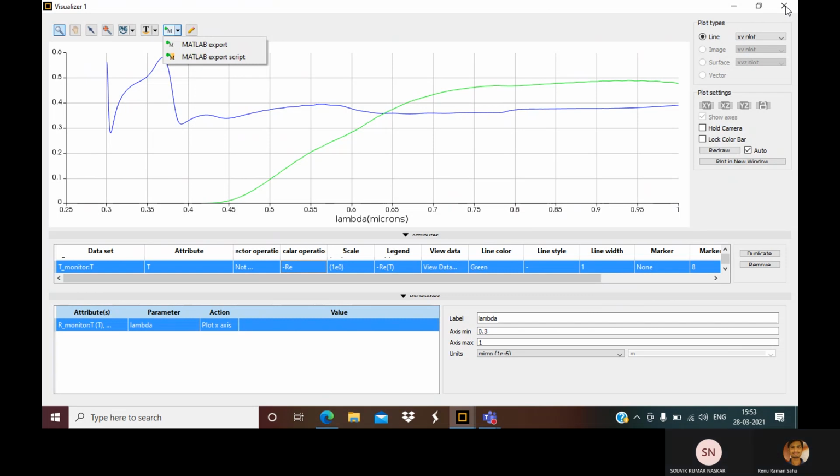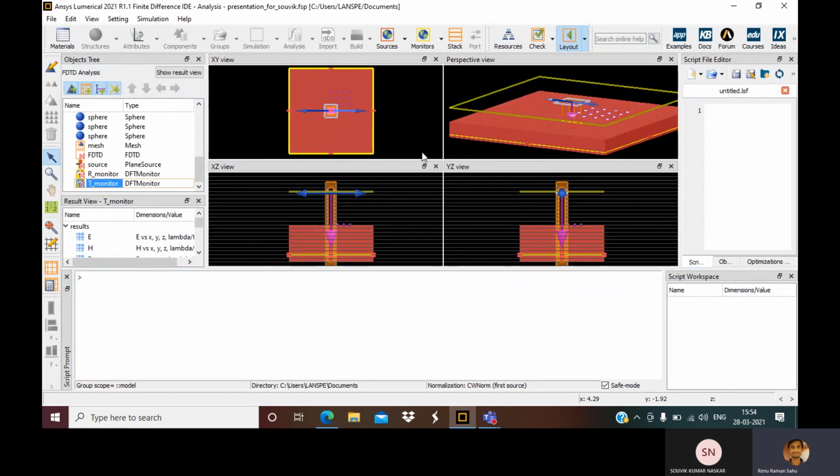Another thing you can do: so this is the R and T monitor. Sometimes we may be interested in the field, what is going on inside the sphere. In that case, you can put another monitor right inside it, just here like this.